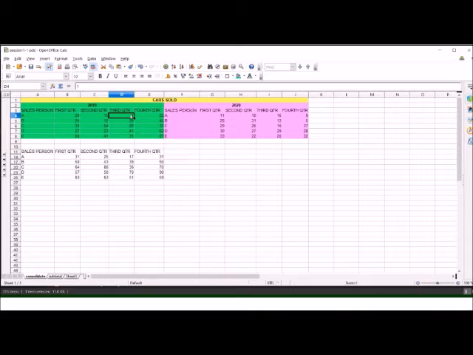Suppose it was a data entry error and we want to change it to say 11. Earlier, when it was 1, in third quarter the sales of salesperson 1 were 17, that is 1 plus 16.